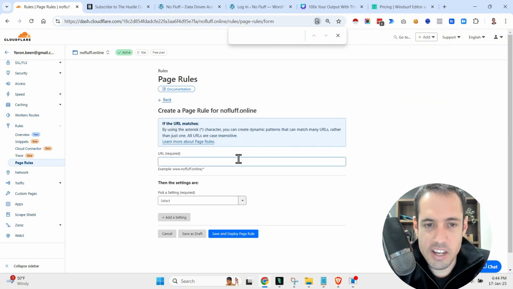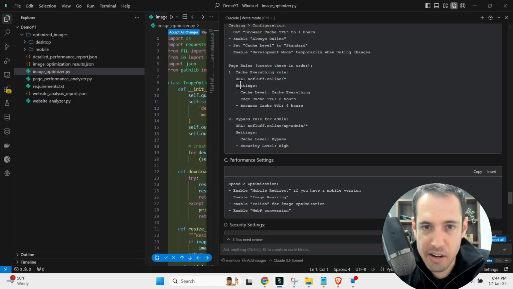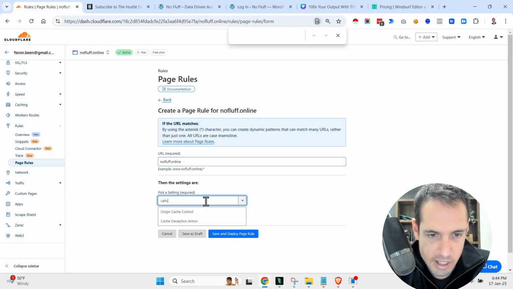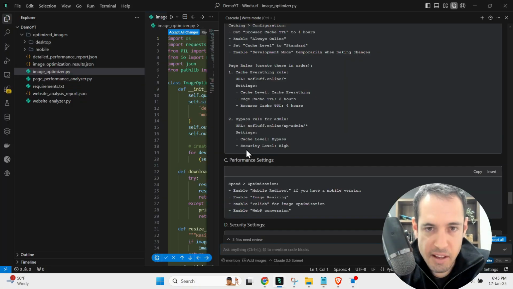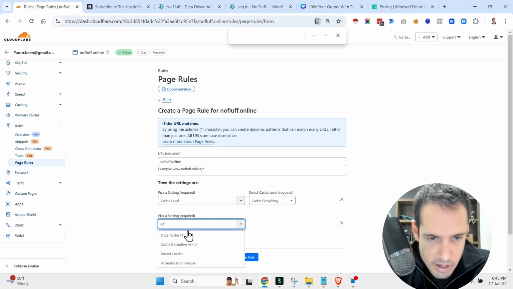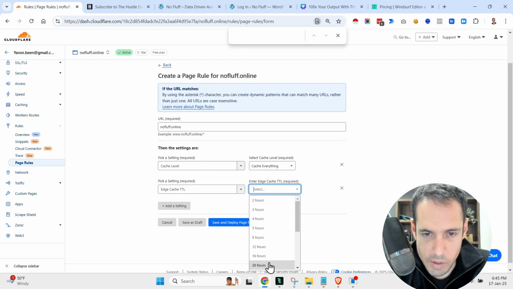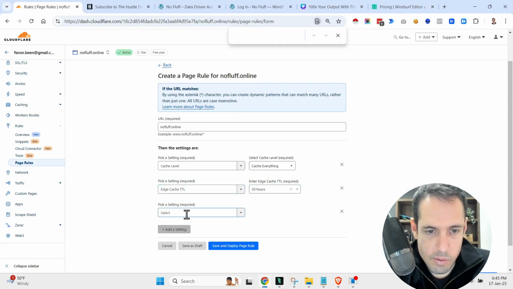And these are specific caching rules for our specific page. No fluff. Let's do something incorrect just for the sake of showing. Cache level, cache everything. This is correct. Cache level, cache everything. Then let's do edge cache TTL. Let's do 20 hours. And then browser cache TTL. Let's do